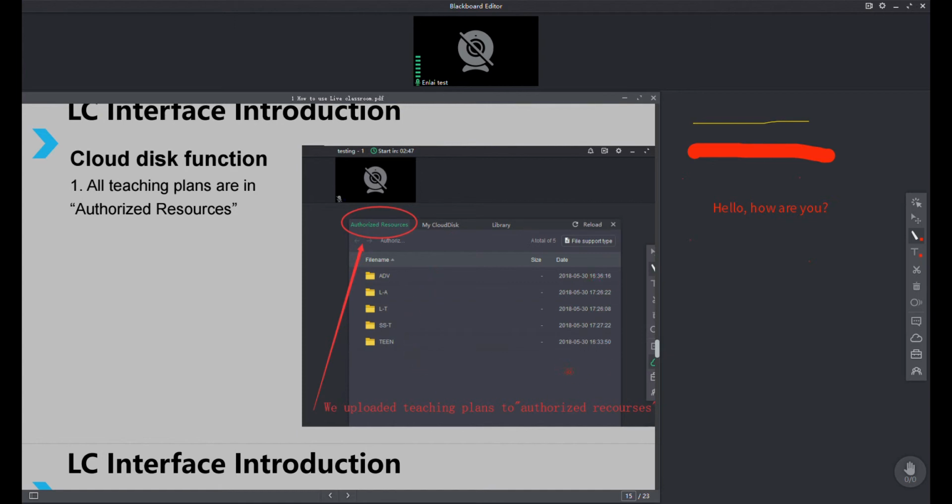PowerPoint here. So when you click your Cloud Disk, you will see authorized resources, but the page won't be just like this. When you click on your authorized resources, there will be only one folder named in Chinese. You could click that one folder, and then there will be 4 folders inside. If the title starts with Winning English, it means those are all the teaching materials that we use